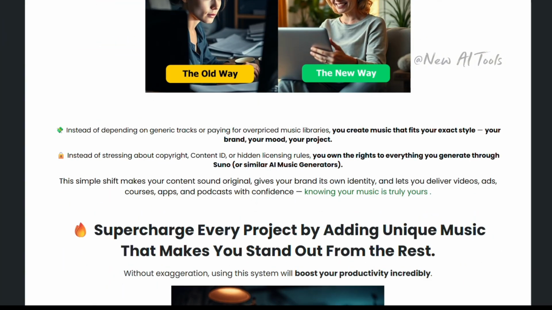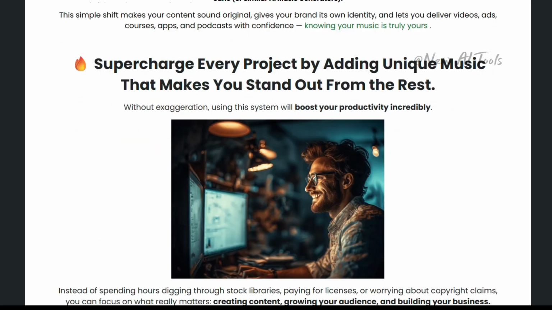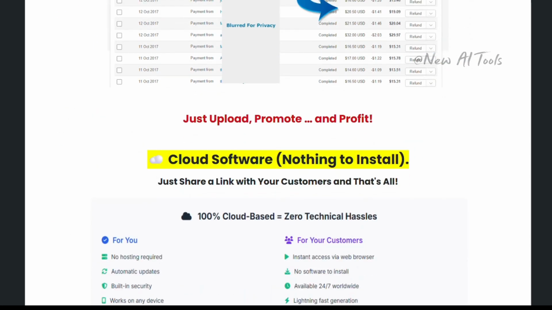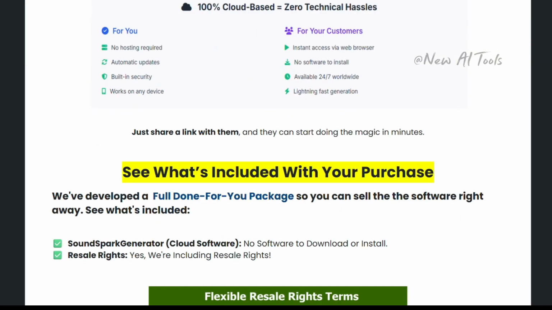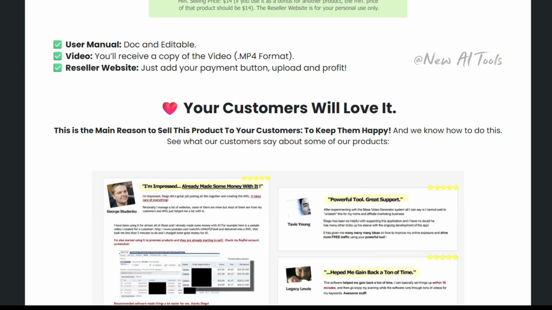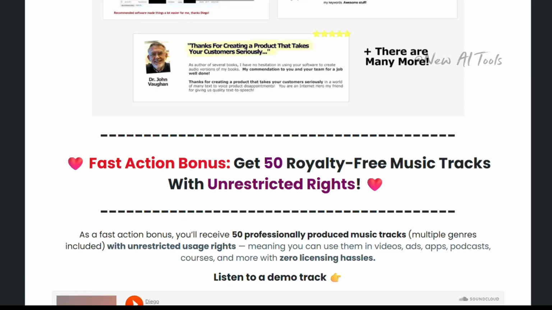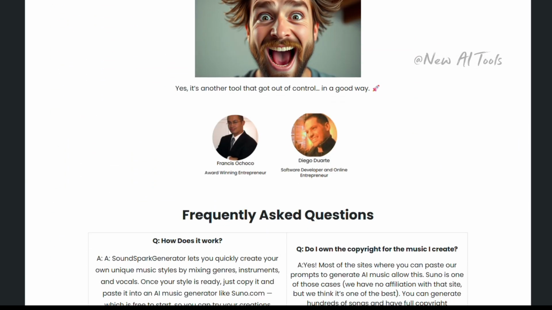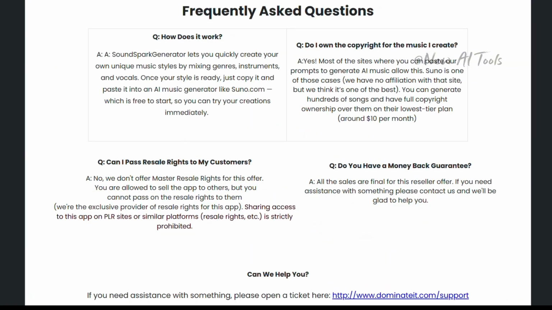With SoundSpark Generator, you choose the genre, blend instruments and vocal elements, and get clean, structured prompts to paste into AI music platforms for instant track creation. No downloads, no tech headache, just music you can use in your videos, ads, podcasts, or client projects. Let's jump in and explore how it works, what you can do with it, and whether it's worth your investment